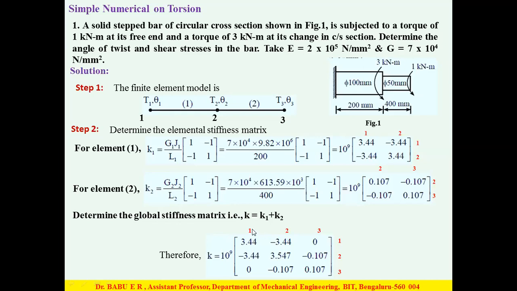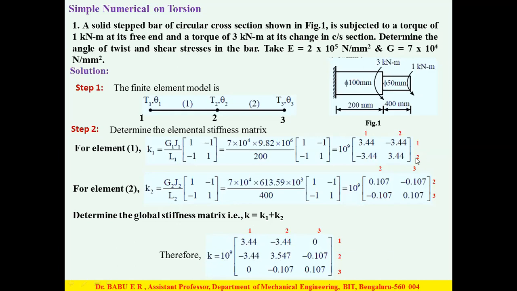I have to write the stiffness matrix elements, starting with K11. Go to 1 cross 1. In the matrix, when you see 1 cross 1, you get 3.44. Represent here 3.44. Again take the second one, 2 cross 1, which is -3.44. Here nothing is there, so you write it as it is. Go to 3 cross 1. Here nothing is there, so you write it as 0. Since the stiffness matrix is symmetric, write the row similar to the column. Go to the next term, which is K22.